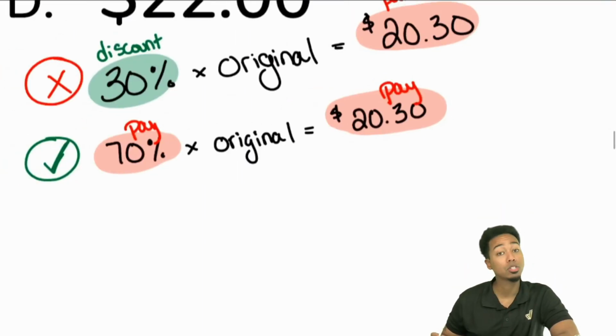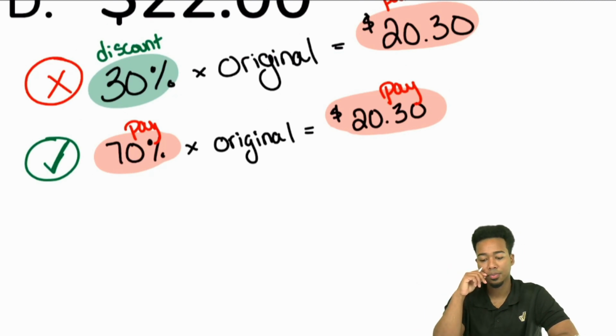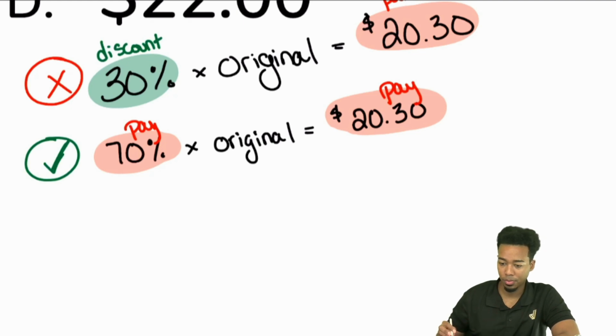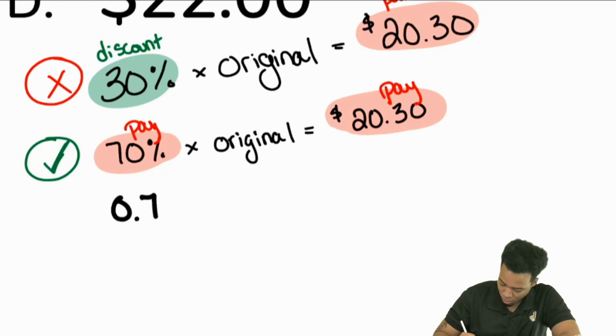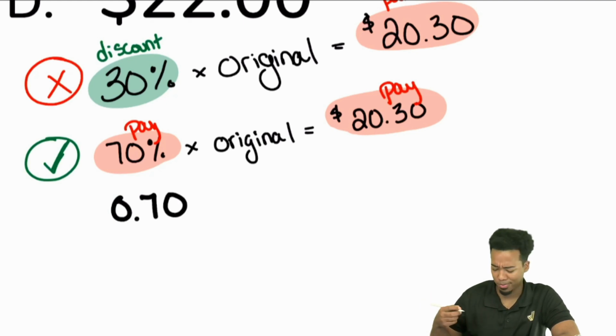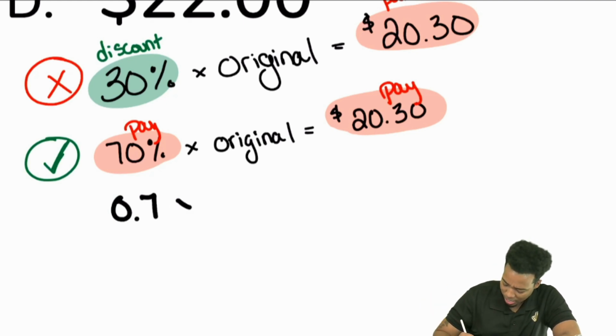So 70 times the original equals the result. Everybody, what's the 70% gonna turn into as a decimal? Yep, 0.70. Absolutely. So you can put 0.70 or 0.7, either way is fine. And then we can say times the original